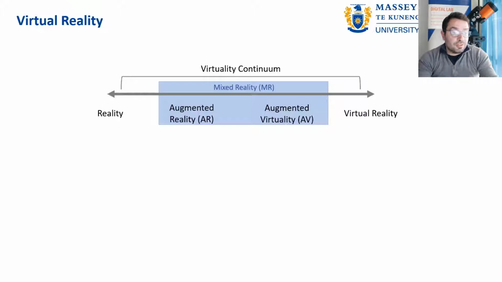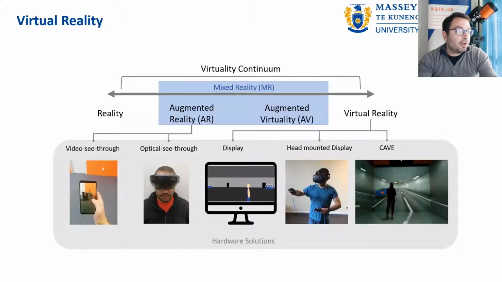This slide is going to help you understand what hardware is available today to carry out especially augmented reality and virtual reality. In this presentation, I'm not talking about augmented virtuality, but you can use some of the references in my paper to study this technology more. So from a hardware perspective, let's start by seeing what options we have for augmented reality.